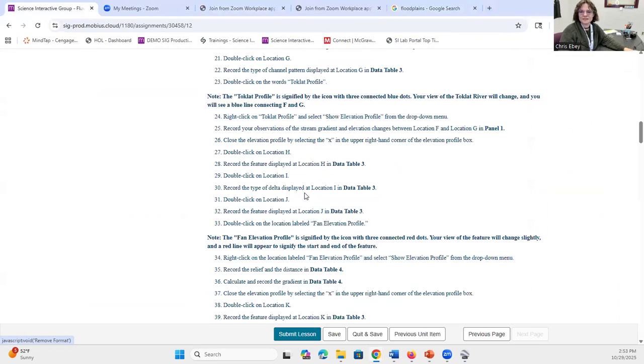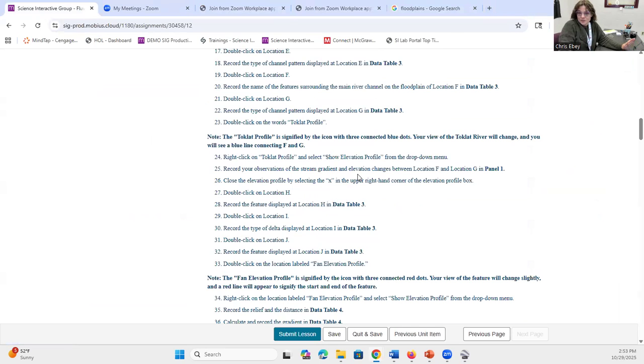This one is not too bad. This lab, everything works. The landforms are pretty straightforward. If you go over the introduction, we're only expecting you to put in the landforms that are listed. And rivers, I find for most students are pretty easy to identify. Like there's not a lot of judgment there. So I think you're going to have a good time with this lab. I don't think it's terribly hard, but